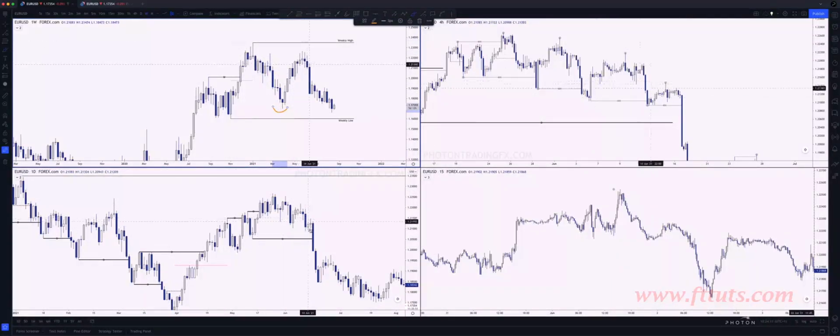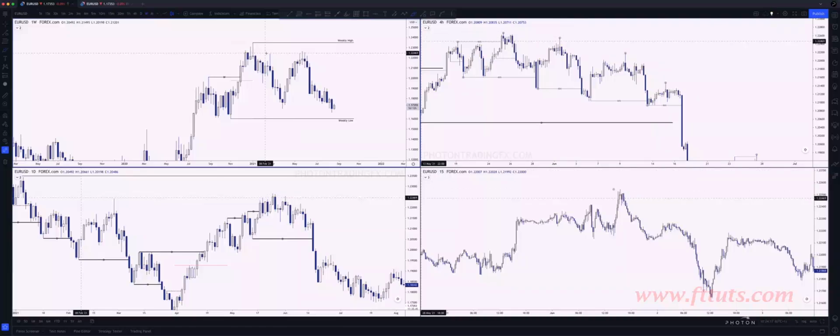But then as the daily switches bearish and we start to come down with a lot of momentum, that can clearly show us that the weekly failed to take out the high. It failed to even close above this minor high here. So that instantly gives us really good, solid information, a very high probability, not a certainty, but a high probability that this is a weak weekly low. So now we can work with the assumption that, especially with the daily switching bearish, that's a very high probability